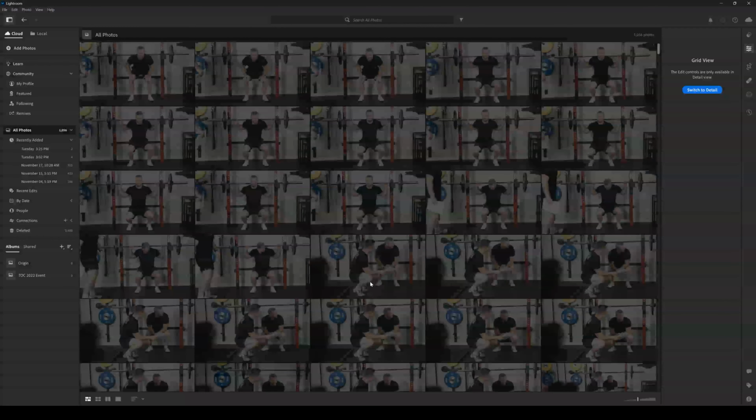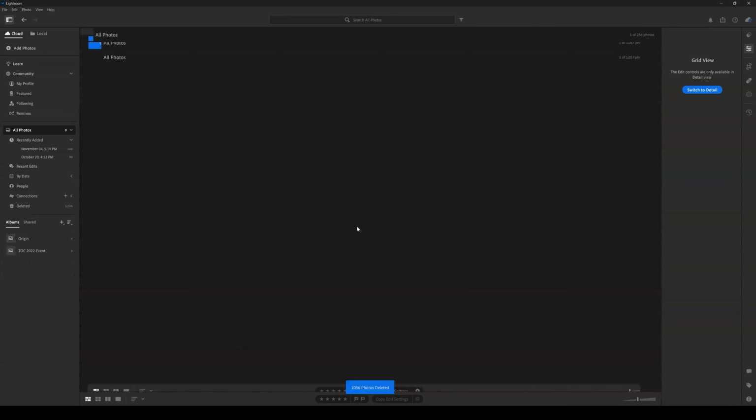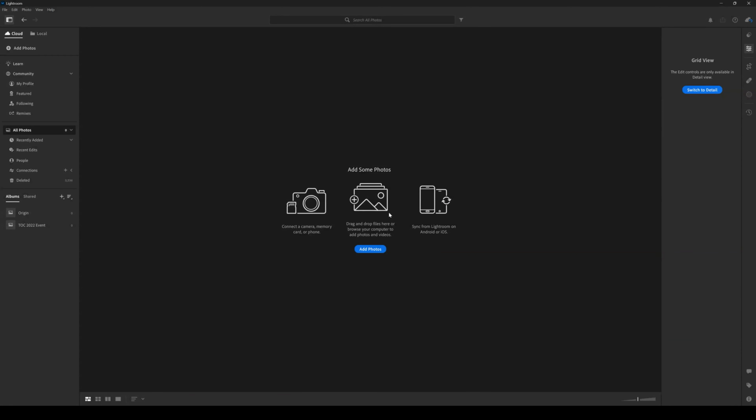So go ahead and click delete if you are happy. And this is actually going to take some time. So that was actually very fast, probably because I got a new super speedy computer. But you can see now we've cleared up the photos, and we can go ahead and add new ones and